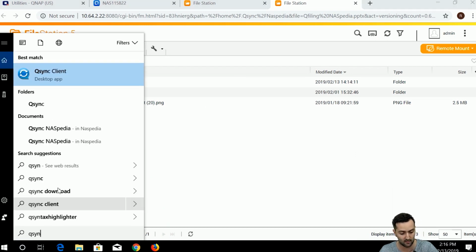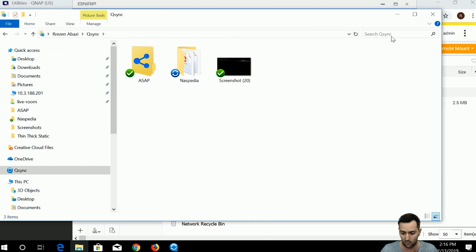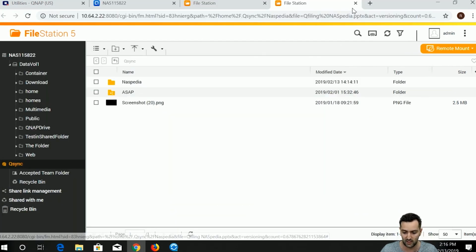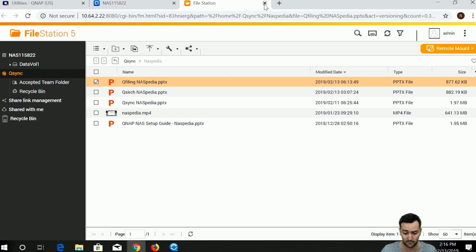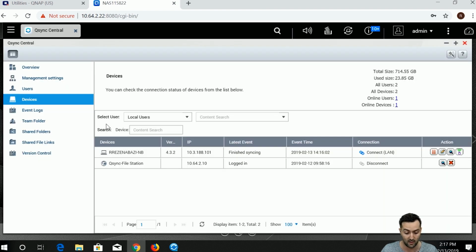the Qsync client. We go to the folders that we are connected to. We are syncing all the files and all the information together, and we go to see the Qsync in the File Station. We have all this integration together. So after using the version control, the other thing is that when we go to the devices here,